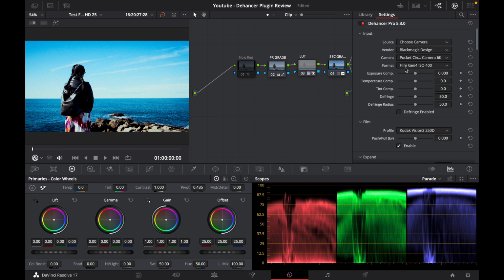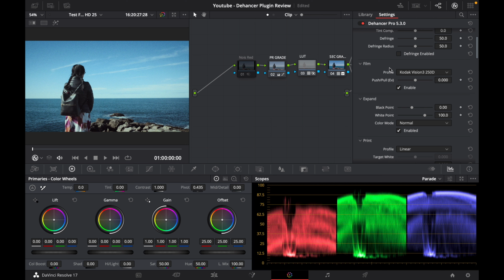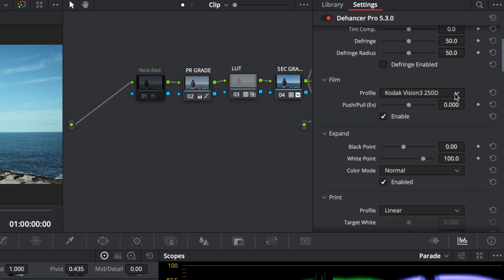And that's going to allow you to grade your raw footage from the beginning. So you have your exposure adjustments, your temperature, tint, the fringe. So basically all the adjustments you have when you're color grading raw footage. But I like to work with my power grades for my initial grade, so I'm just going to leave this as Rec 709. Now scrolling down, we have our film stocks, and when I click on this little drop down arrow,